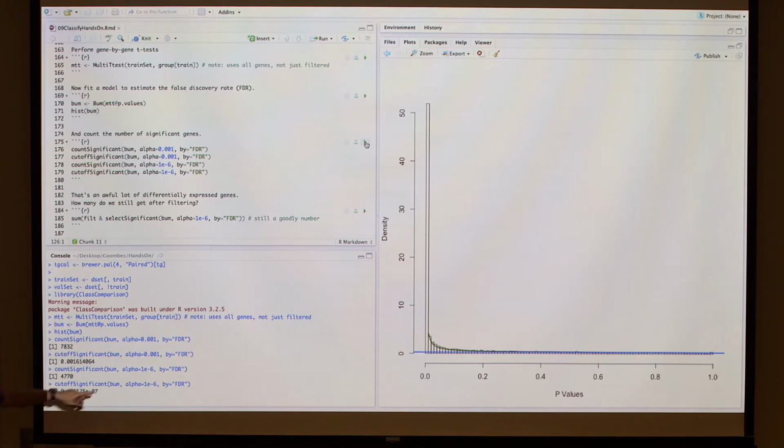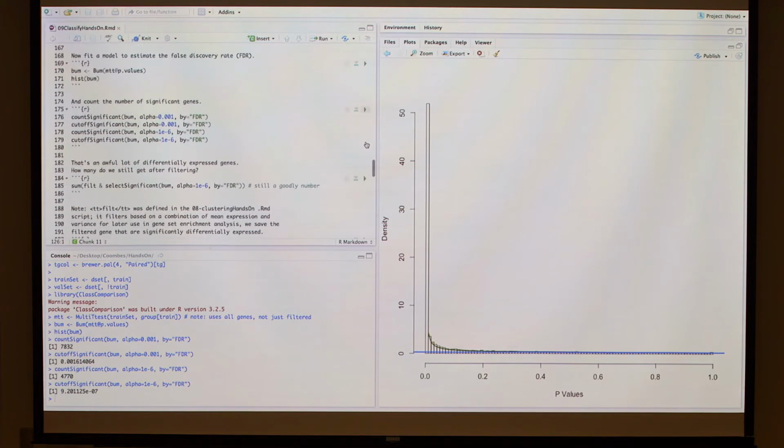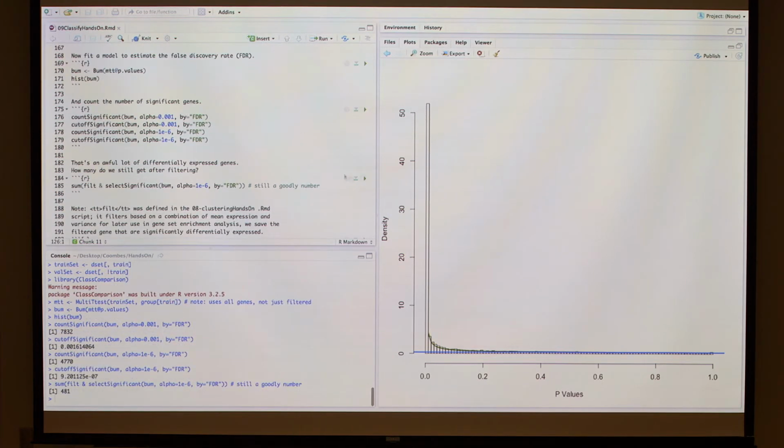Even at setting the false discovery rate at 10 to the -6th, which is so small that I'm using scientific notation to do it because I can't trust myself to type that many zeros correctly, I still get almost 5,000 genes that are different at a level where none of them are expected to be false positives. Okay? And after filtering the way I want to filter, I still have 500 of them at this ridiculously tiny false discovery rate. Of the ones that would pass some filtering criterion